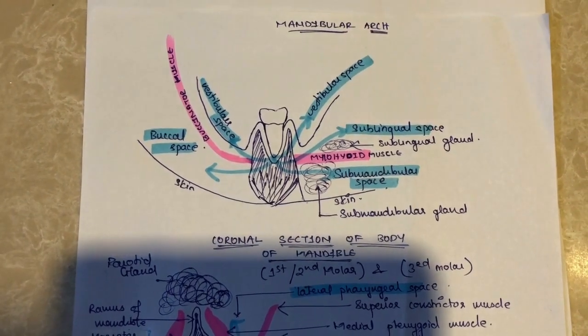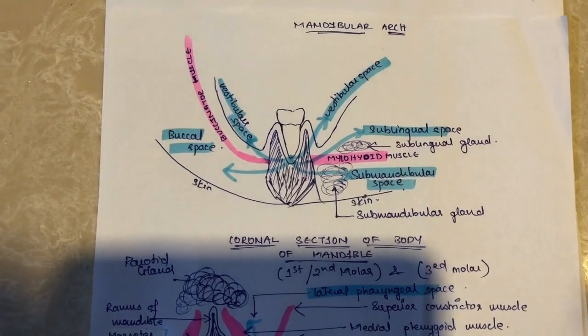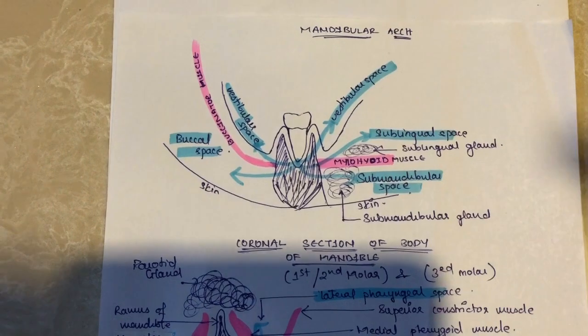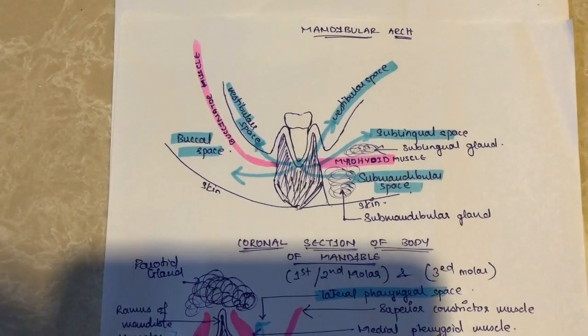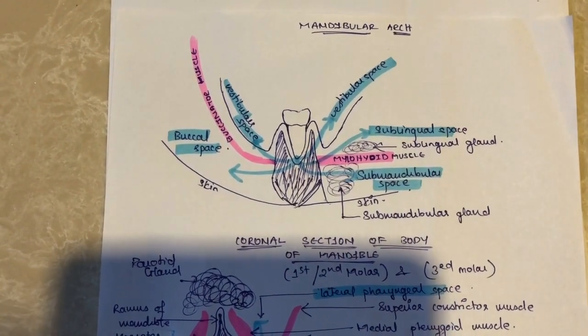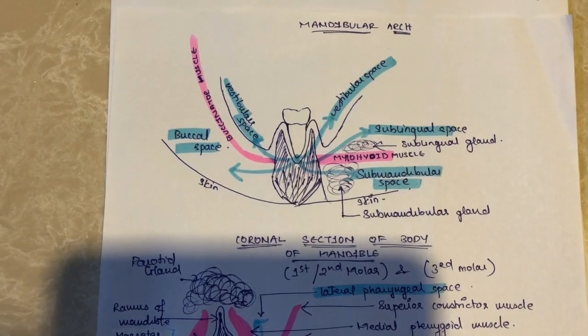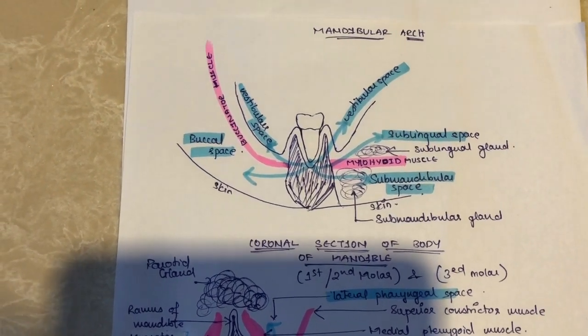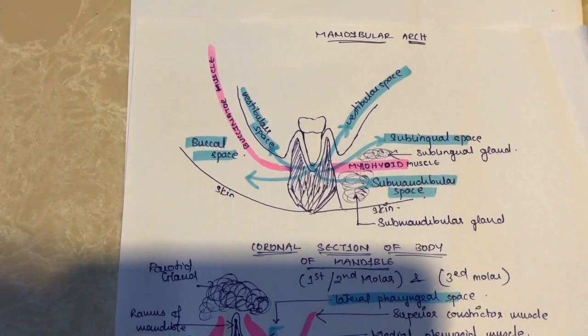Today I'm going to talk about the spread of infections in the mandibular molars, that is the first, second and third molar in the mandibular arch. So there are various types of infections which happen in molars, that is periapical, periodontal, post-surgical and pericoronal infections.